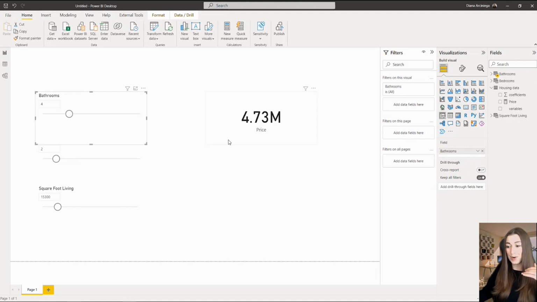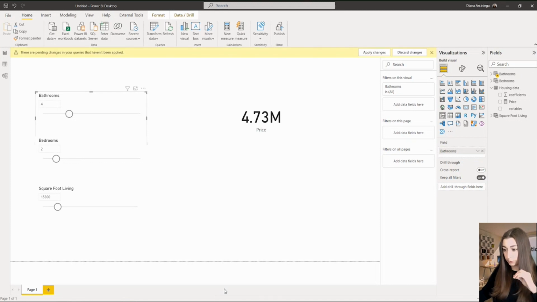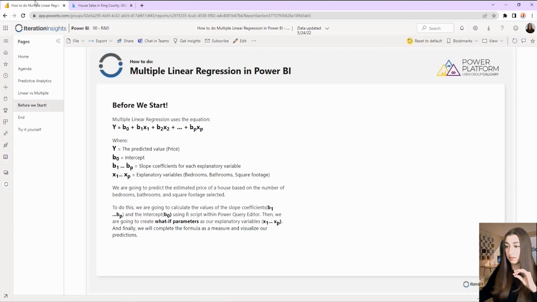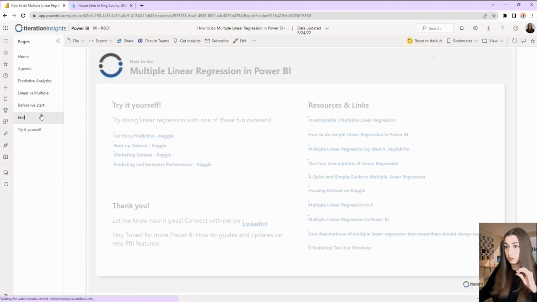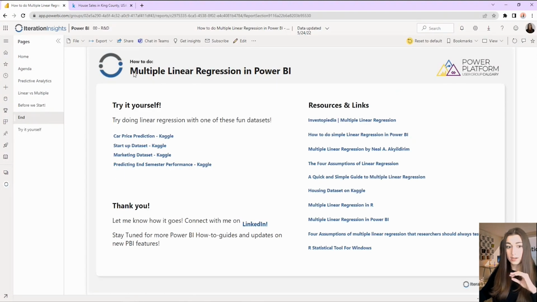All right, so for this, there's also a bonus one as well. Let's go back to over here. Okay, so try doing linear regression with one of these fun data sets yourself. I'm going to show you what the bonus one looks like now so that you have